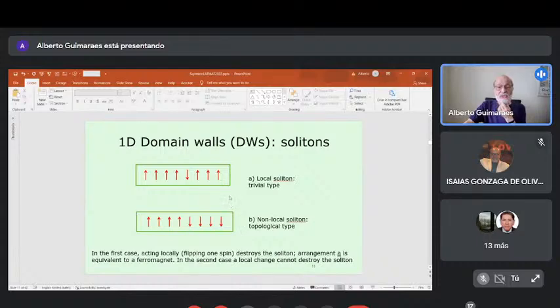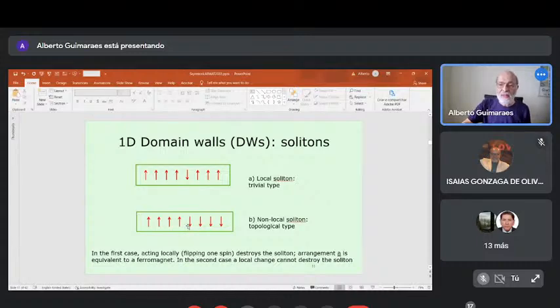So then let us consider the one linear domain wall, as shown here on the top. I show here magnetic moments pointing up and one moment pointing down. This is called a local soliton, a local singularity in this case. And in the second case, I have moments pointing upwards and moments pointing downwards. This is a non-local soliton. In the local case, if I turn one single moment, I destroy the soliton. Whereas here, to destroy this